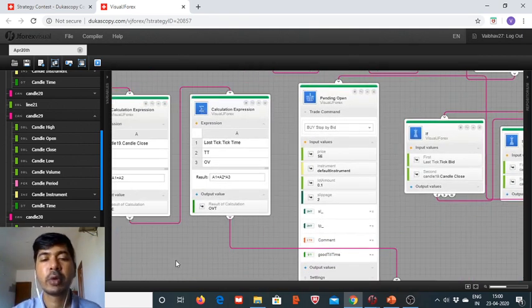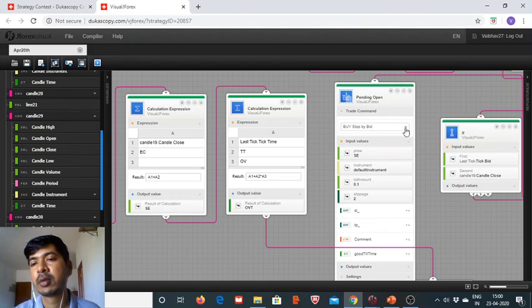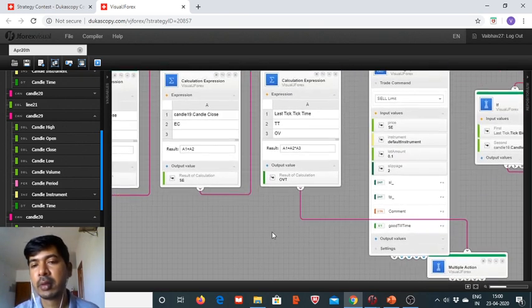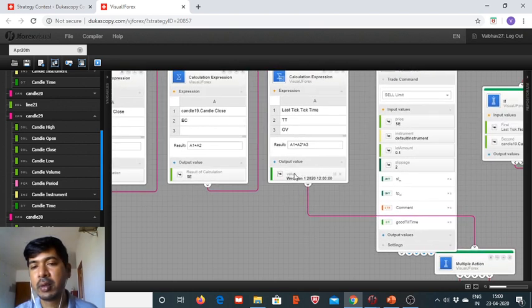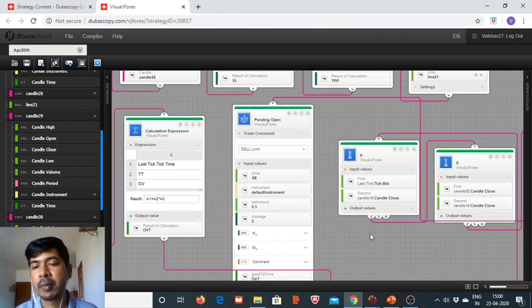Entry point is going to be in the limit, so we need to use a limit, and using the calculations we have done so far, we define the rest of the parameters,